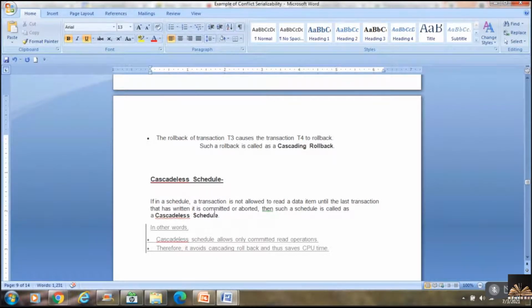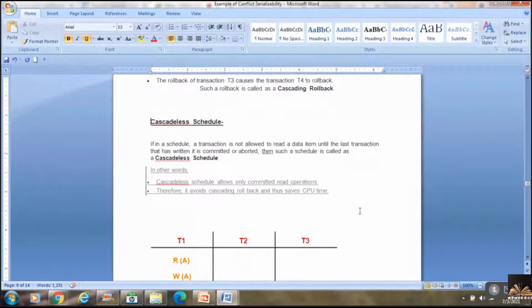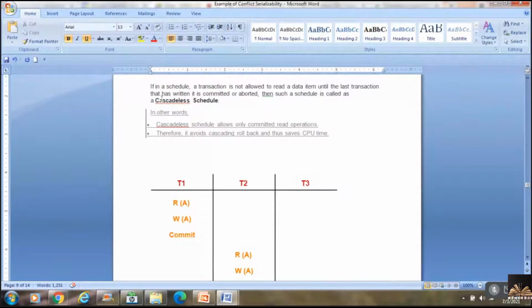If in a schedule, a transaction is not allowed to read a data item until the last transaction that has written that particular variable is committed or aborted, then such a schedule is called a cascadeless schedule. Okay, now see here, in other words, I can make it simple. Cascadeless is something which allows only committed read operations.